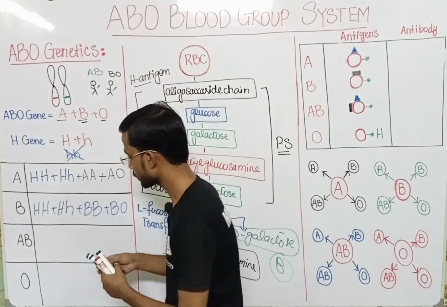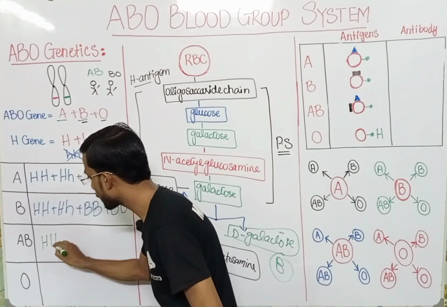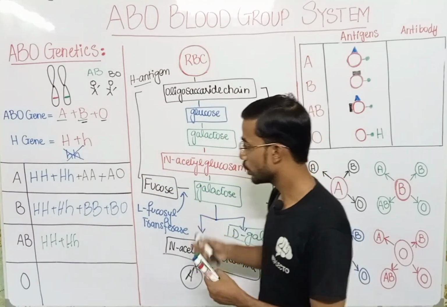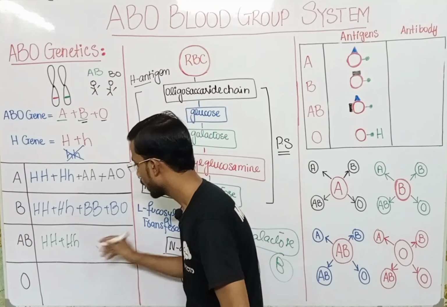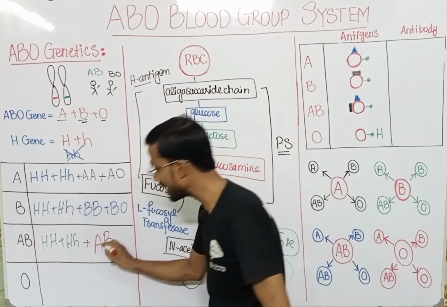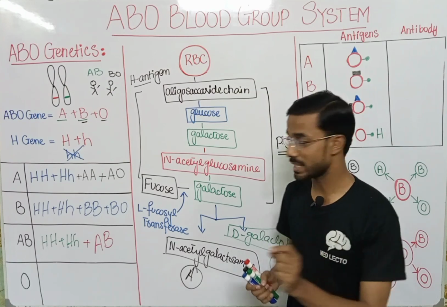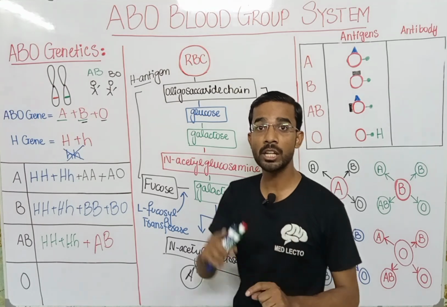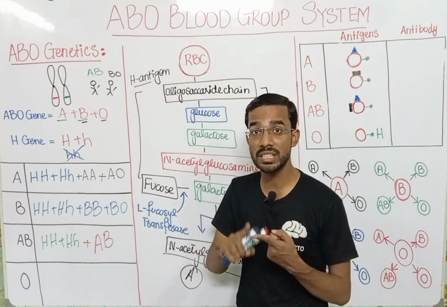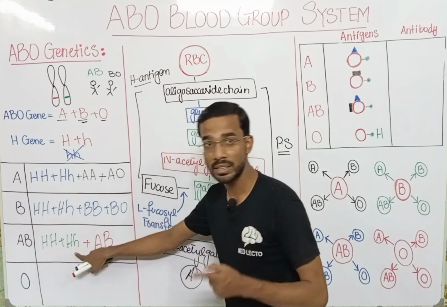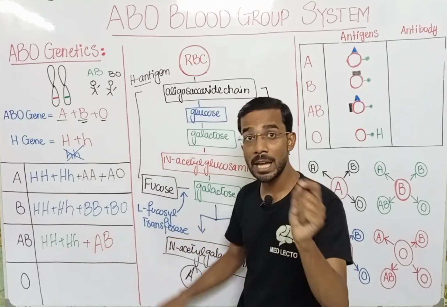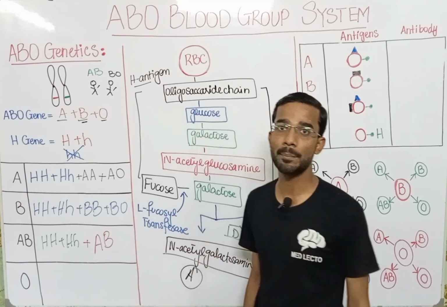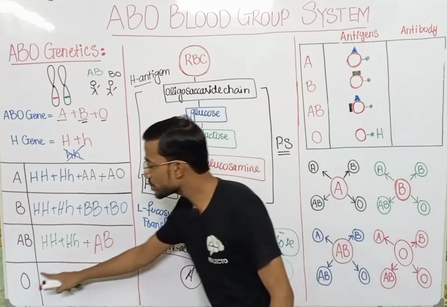Again, you see capital H, small h will be present. After that, you will see the combination of the A and B alleles. It shows codominance. At that time, the A allele and the B allele both will express. Ultimately, on the surface of the RBCs you will see the H antigen due to this pair of alleles, and the A and B antigens on a single RBC will be shown due to the AB codominance relation. Last is the O.